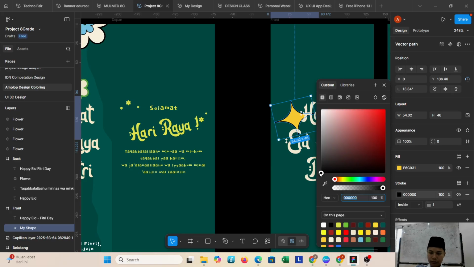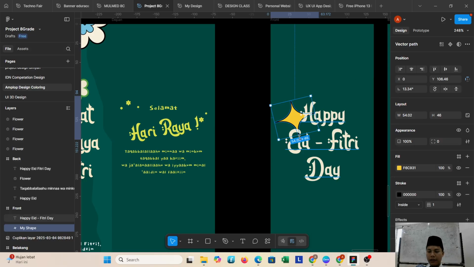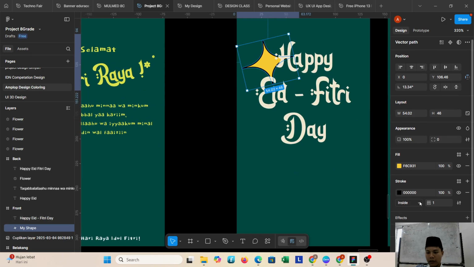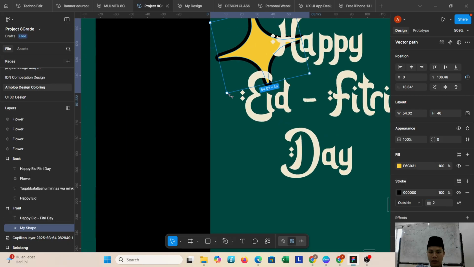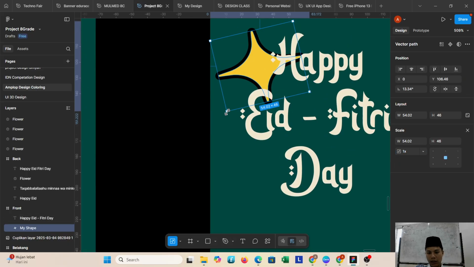And then I want to add the stroke. The stroke is black, and for the stroke you can choose inside of the design, center, or outside. I want just outside, and then you can change the stroke from one until many. I want to use two, and then you can change the size.